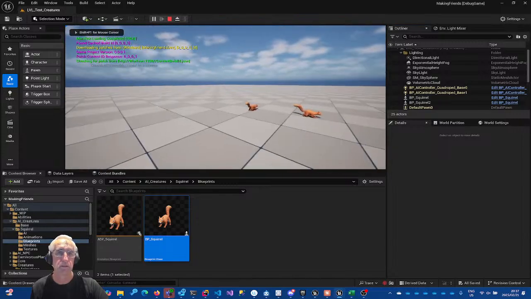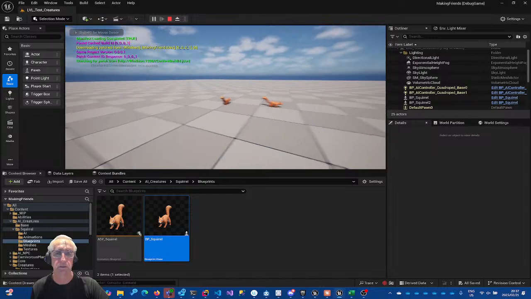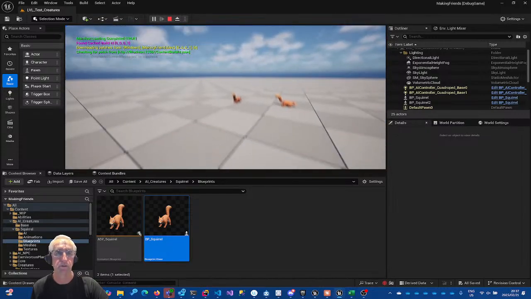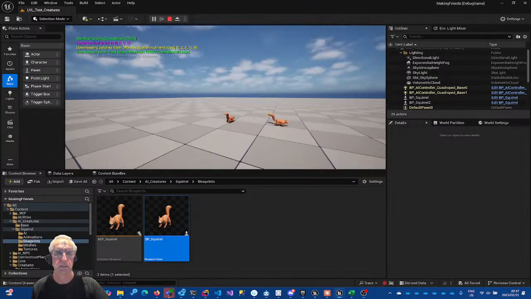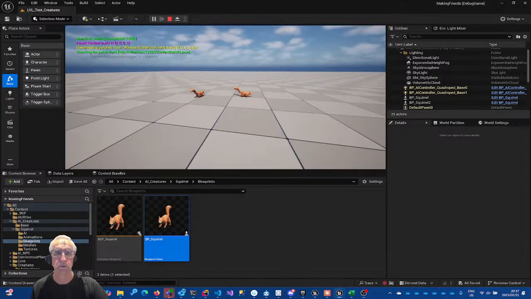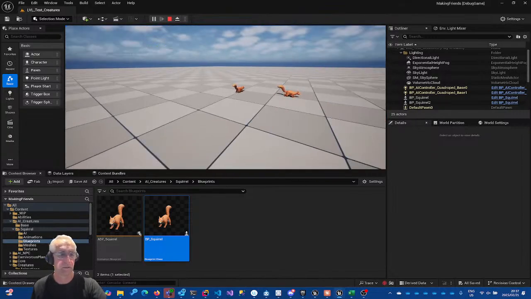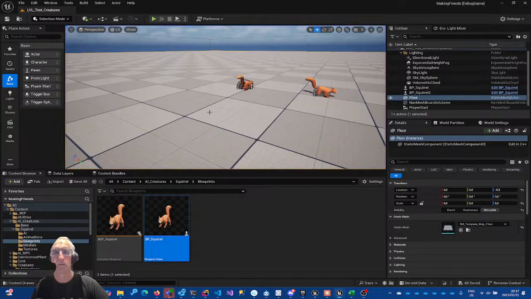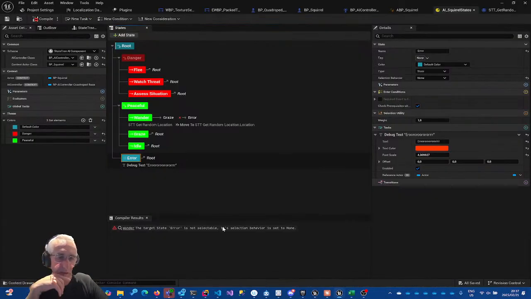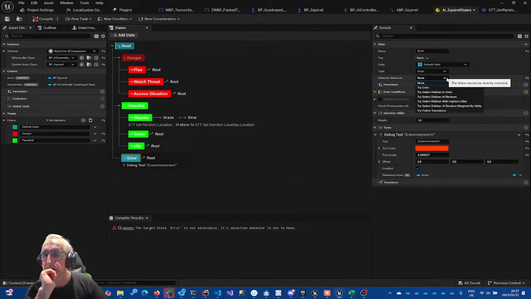Yeah. Error state being it's not printing error, so it's just not doing it here. Why is it not doing it here? Okay. That's very annoying. That is very annoying. Wonder state error with the selection behavior. Okay. Error. Okay, so